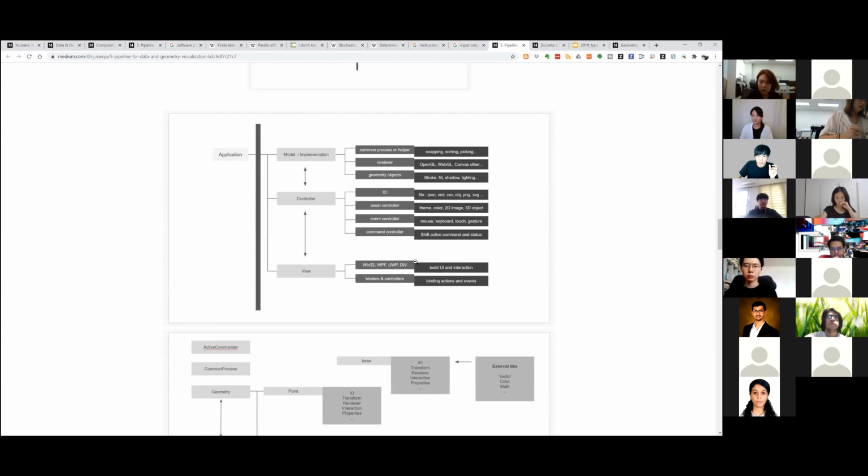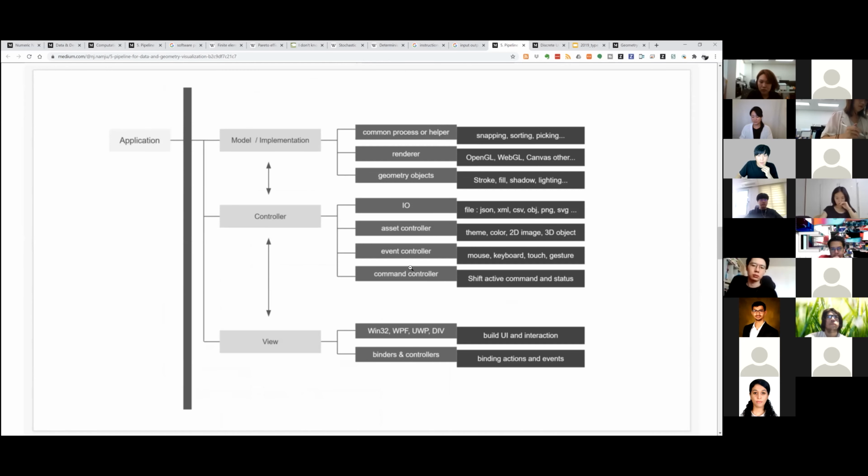So this is how we decompose the code structure. This is the application, I mean the facade of the program, such as Maya or Rhino. Based on the developer or software engineer, they all have their own count, but I usually do it like this. I'm going to talk about the MVC pattern, which is one of the very old and well-known structures: view, model, controller. View is more about building the UI.